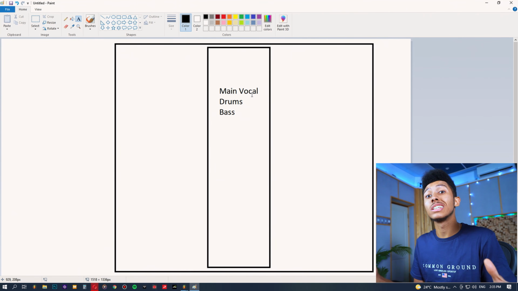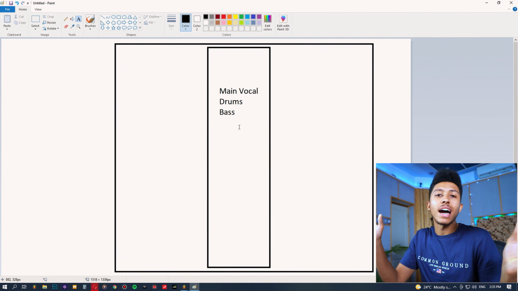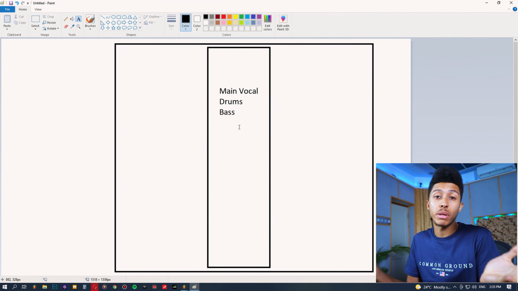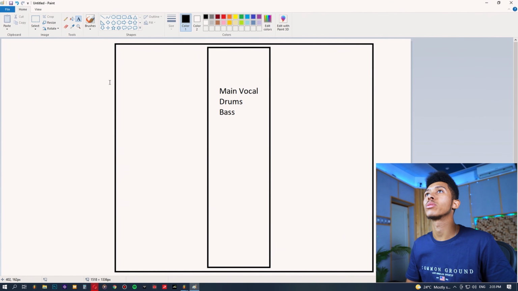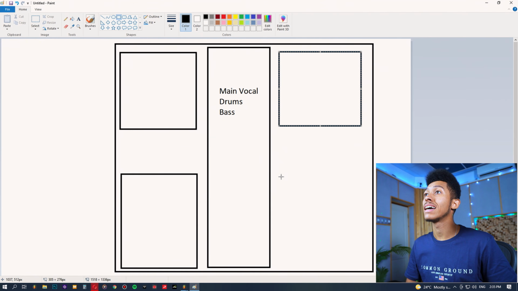We want those to exist on the side of the mix. And that's really what we're trying to do with our background vocals. We're trying to have them complement all of these instruments in the same way that, for example, a small little synth line, a do-do-do-do line, is going to complement maybe a piano in a ballad, okay? So really what we want is we want our background vocals to fit either somewhere up here, okay? We have space there, we have space over here, we have space over here, and we have space over there,